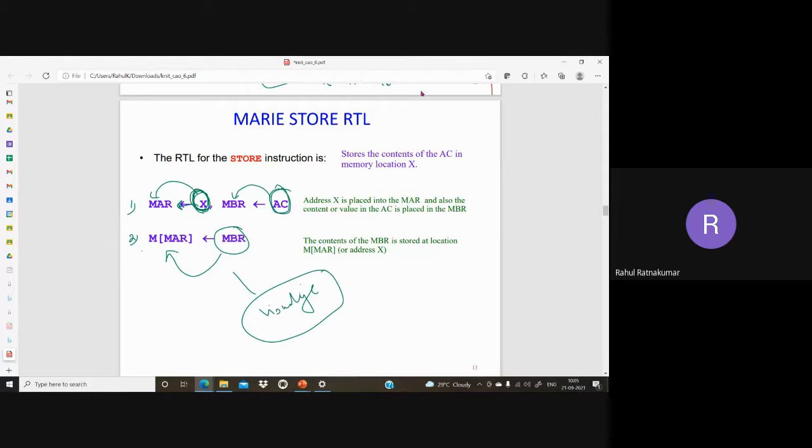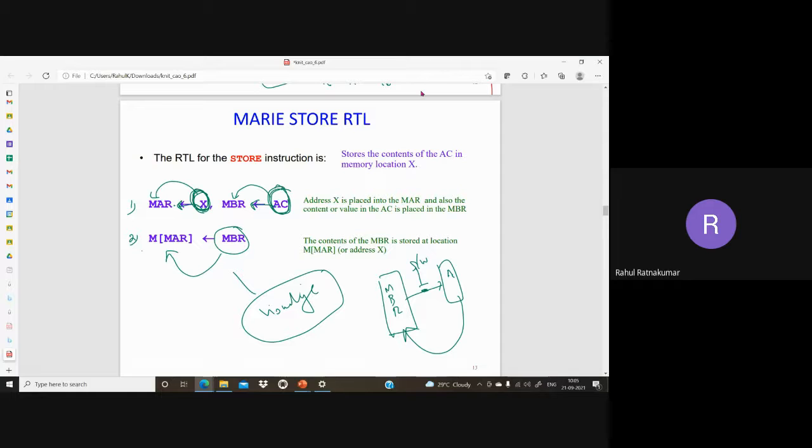So here we know the X in the instruction is going to MAR, the switching happening here, and the accumulator value is going to MDR, the switching is happening here. So you may have a doubt. In the last instruction, my MBR value was going to the accumulator, but here it is reverse. So what happens? What switching is happening here? If there is a switch here, how is it working?